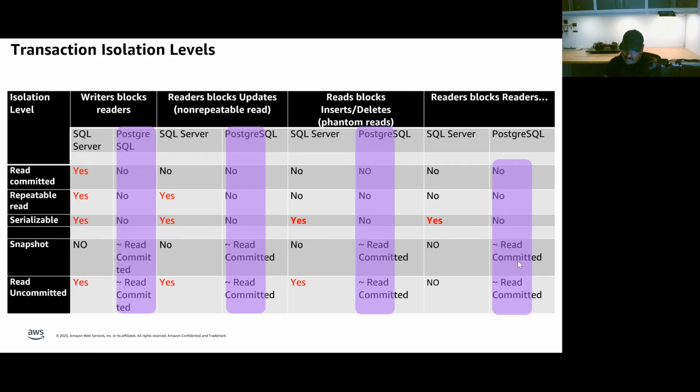But if you use the serializable isolation level in Postgres, which is a very high degree of isolation, then you may see errors. Then you may see timeouts. You will be seeing more timeouts when applying the serializable isolation level in Postgres. So this is at a very high level. I just want to show you the blocking nature between SQL Server and Postgres by default, and when applying certain isolation levels in Postgres.